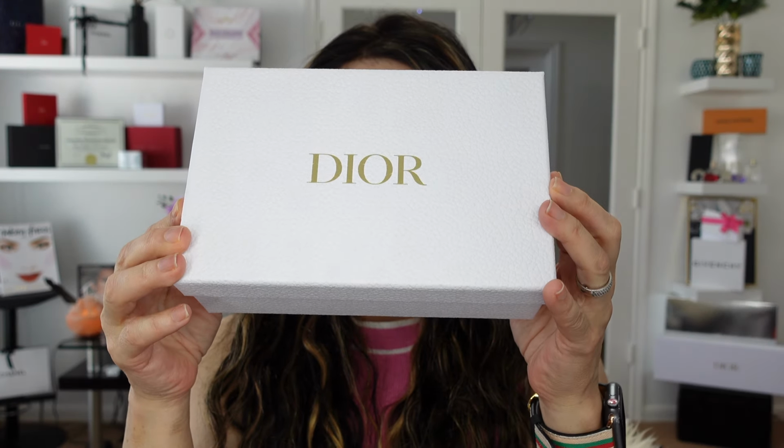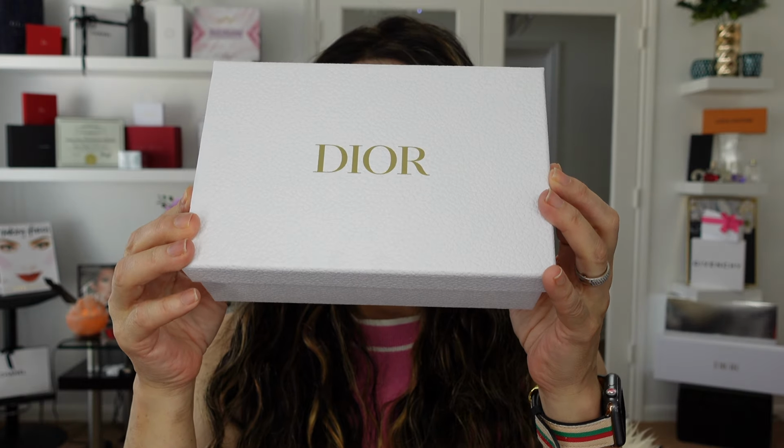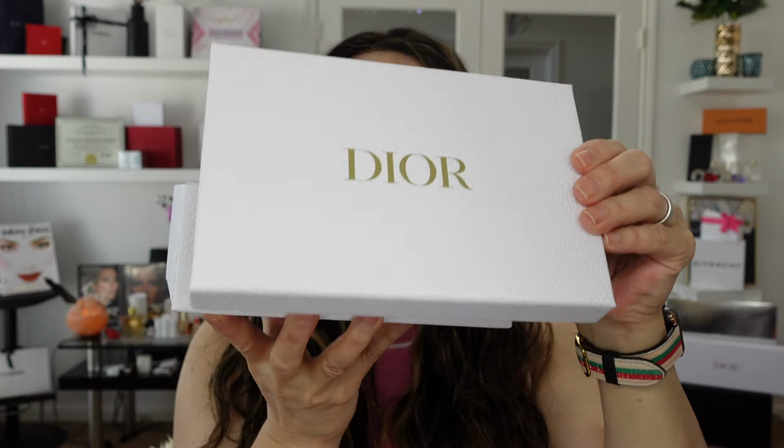I want to introduce you to my beautiful order that I placed on the website of Christian Dior, as always with this stunning box. You don't have to pay extra for this gorgeous box. I collect them, to be very honest. As you can see on the back of my shelves, more than accessories and decoration, I use the boxes because I think they are so stunning. Hourglass, just to make an example, charge $5 for a very cheap quality of boxes. So from this signature company, friends, you make your order. They ask you to pick what box you want. Inside, this is the way